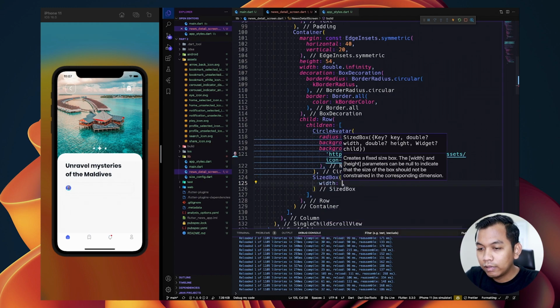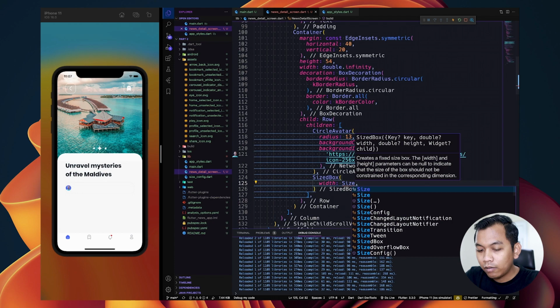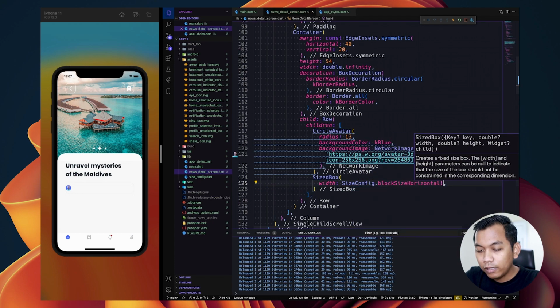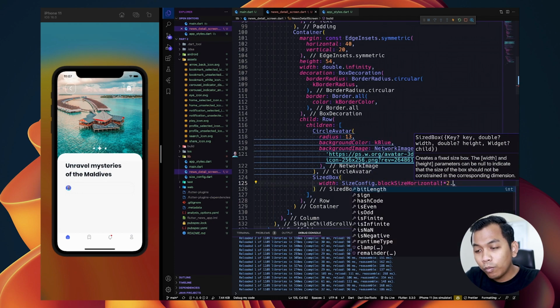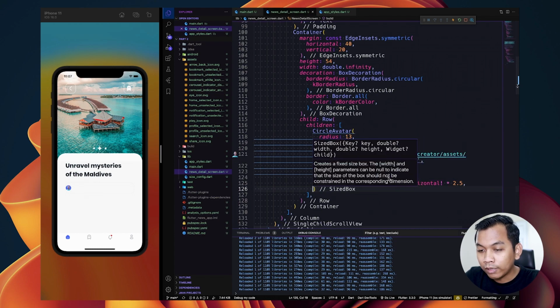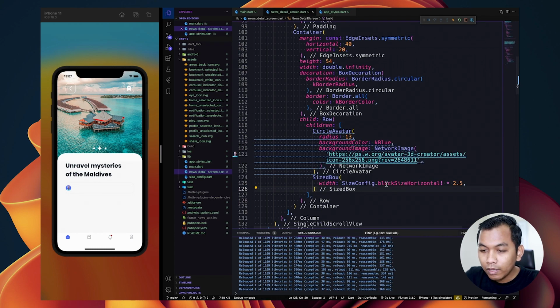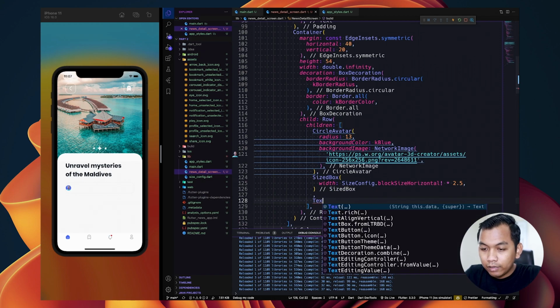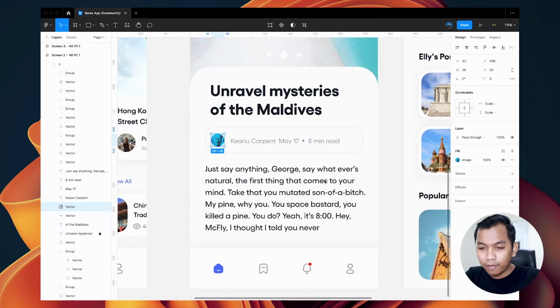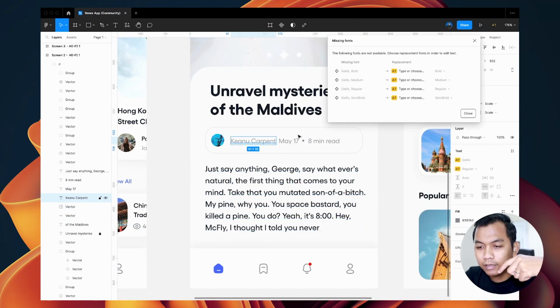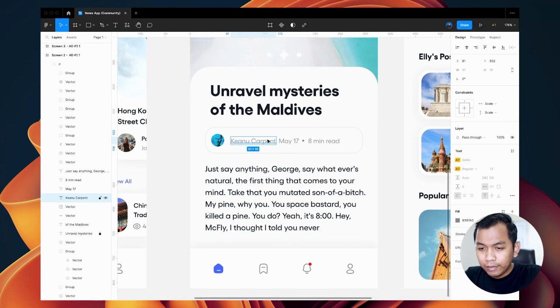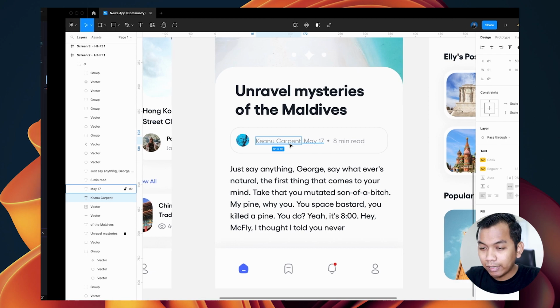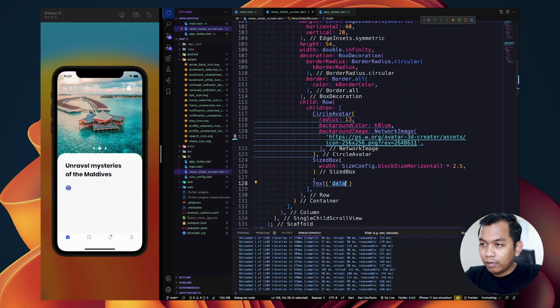And the next widget will be, let's say, size box. And for the width, let's say size config, block horizontal times 2.5% of the screen width. And the next widget will be text widget. And I think if we have data from the internet, we can paste the data into this text widget.